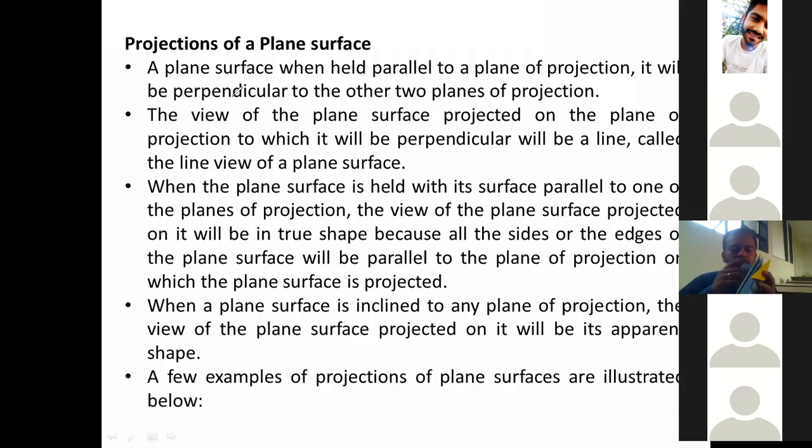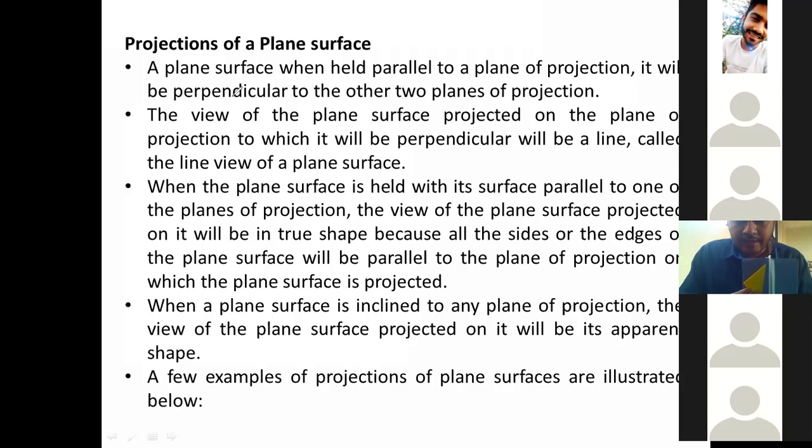Now again, see here carefully. Can you differentiate this color first of all? This one is green color and this one is blue color. Okay, nice. Now I will explain the first case. Now I have held this shape parallel to this blue back plane. Then you are required to view from this side. What will you be able to see? Straight line.